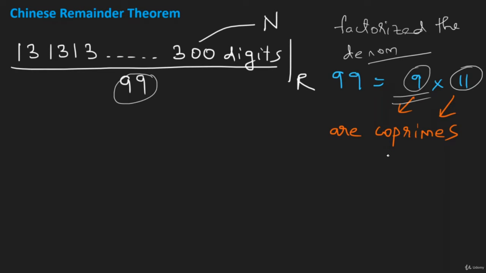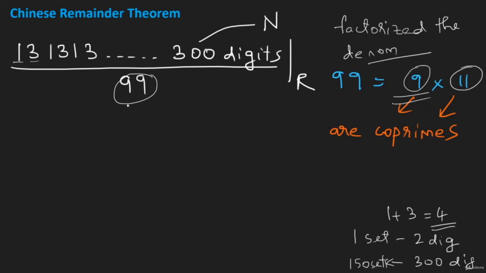We know that whenever you divide a number by 9 and if you want to find the remainder, all you need to do is find the digit sum, right? Alright, so we can see that over here 1313 is getting repeated, right? So if you just take one set, 1 plus 3 is equal to 4, and you will have 150 such sets, right? There are 300 digits. In one set you need 2 digits. Now if you have 300 digits, you will have 150 sets,